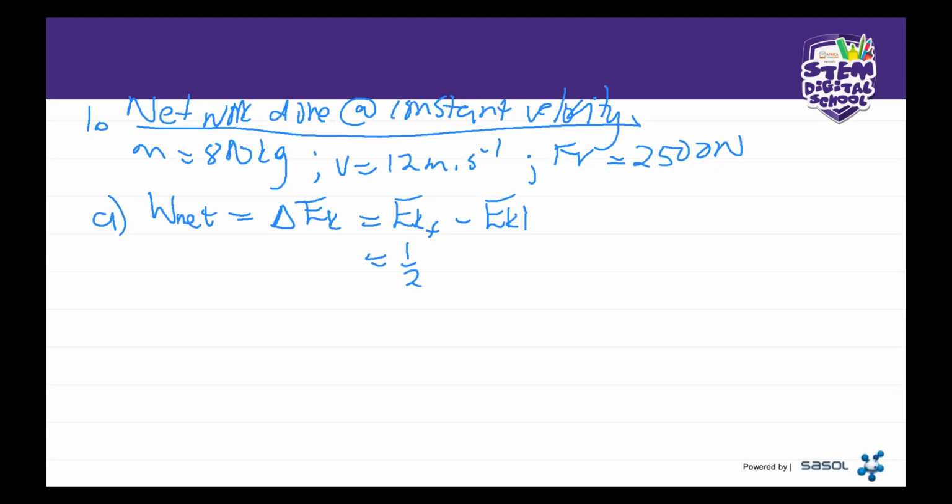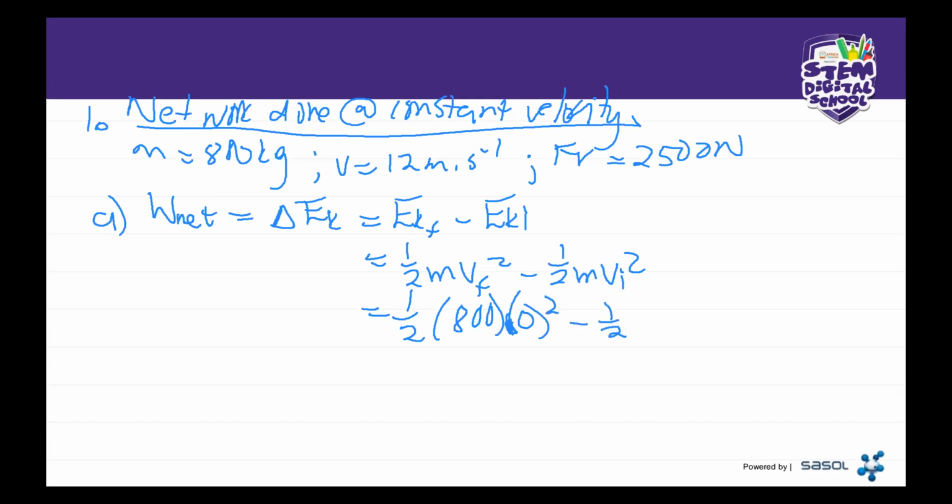It's going to be half m vf squared minus half m vi squared. Okay. And that's going to be a half times 800 times 0. Remember, at constant velocity, our final velocity is 0, minus the half times 800, and vi is going to be our 12 squared, and that all is going to give us 0 minus